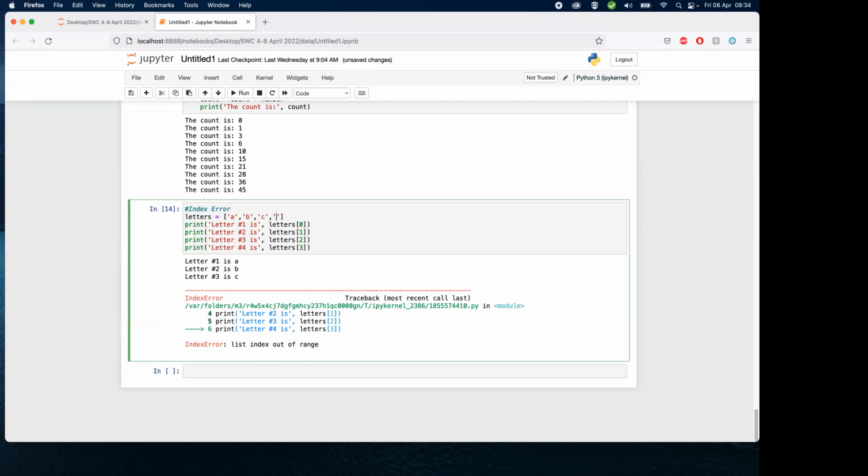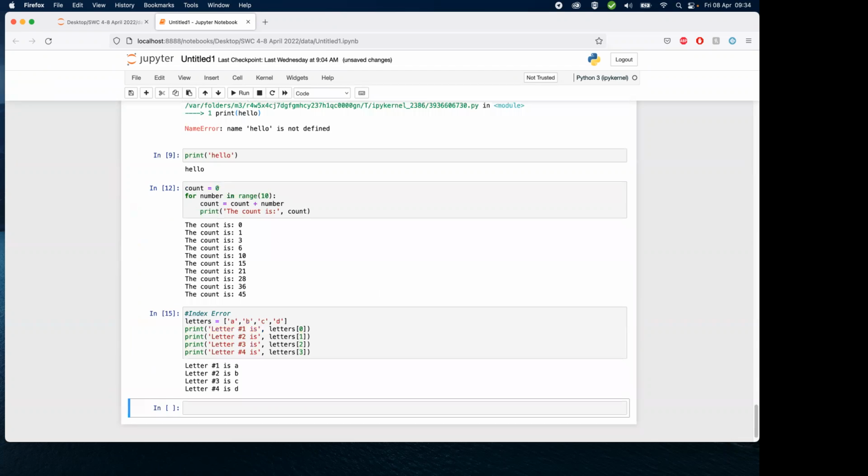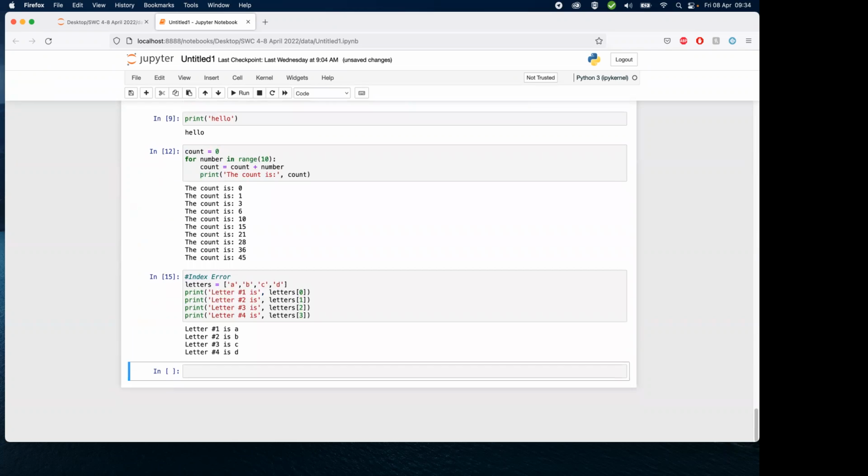You say that's D. And if you run this again, then it will give you A, B, C, D. Okay, so something to remember is that your range can also run out, and like we've been saying the day before and the day before yesterday and yesterday, Python starts at 0 and not at 1. Okay, so the next part that we have is